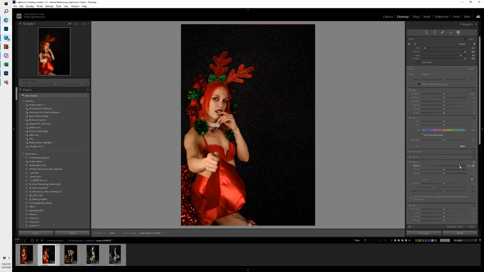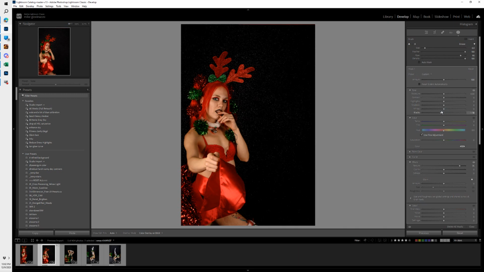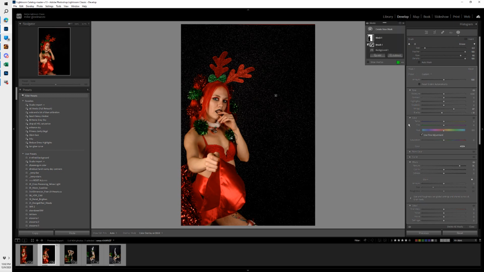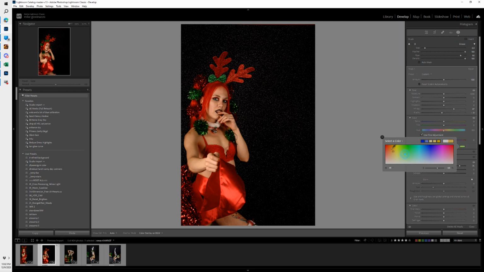and so that gives the background a little bit more sheen, a little more pop. I'm maybe going to make the blacks a little bit blacker, maybe the whites a little bit whiter, and kind of just play with that a little bit. Now the next thing I wanted to do is give the whole thing a color. So open this up here and say, hey, make the background red. And there's kind of my